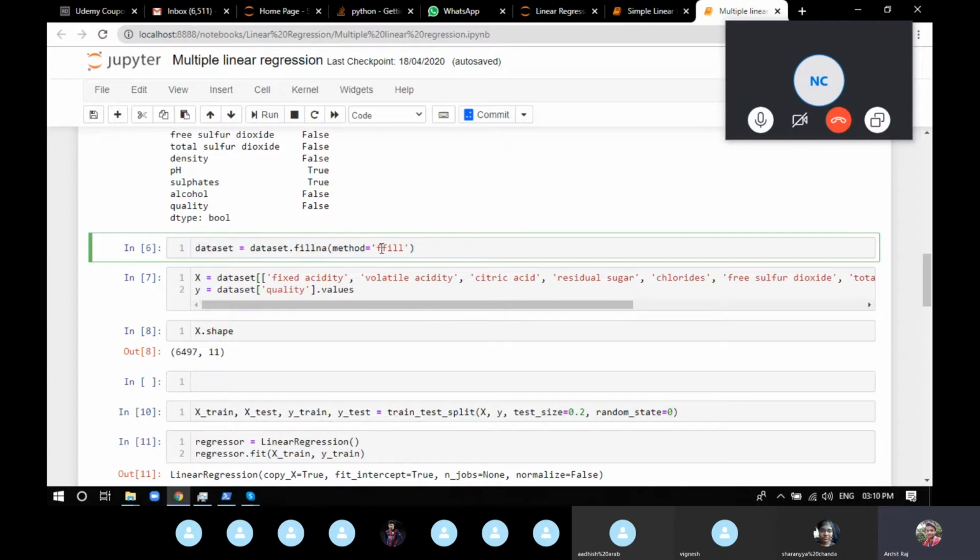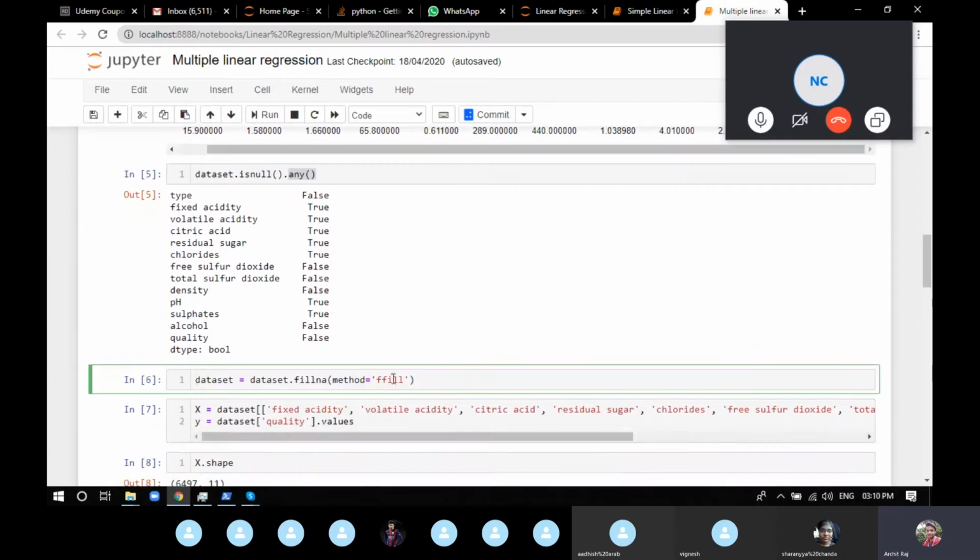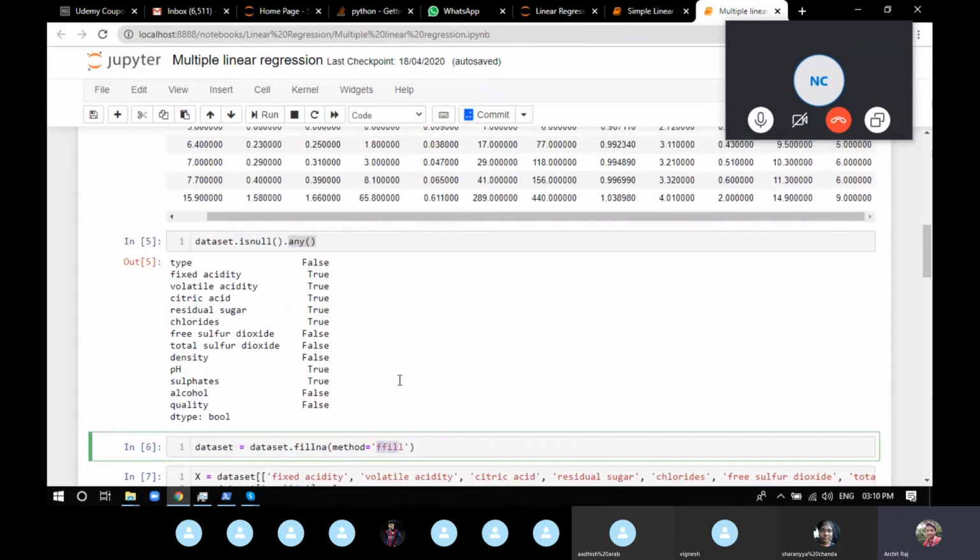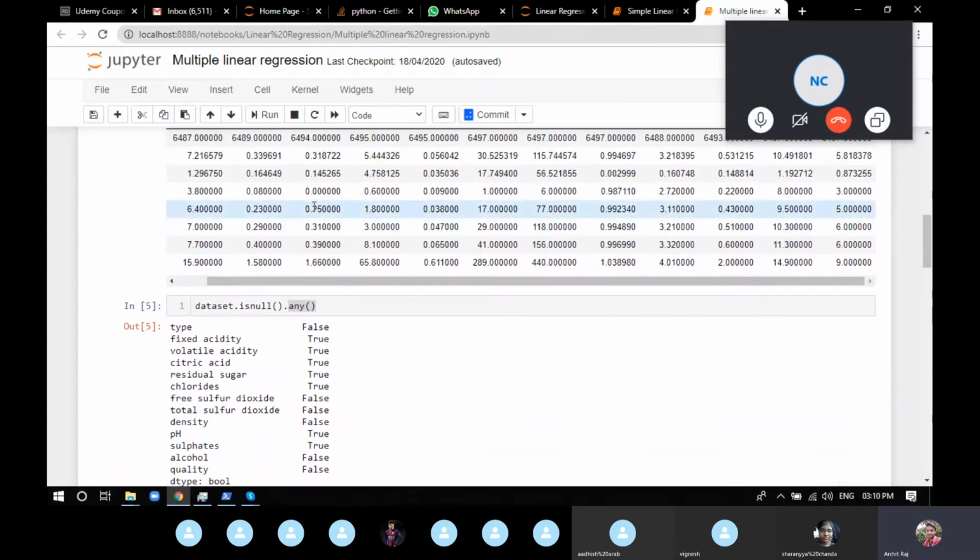Now, in method ffill, as the name suggests, ffill means forward fill. Imagine there is a missing value at this particular place. What will forward fill do? It just takes one step forward to see what data is there, and copies it here. That's what a forward fill does. It's most of the time quite consistent. You can see that it doesn't give you that much error, but it's not a proper thing to do.